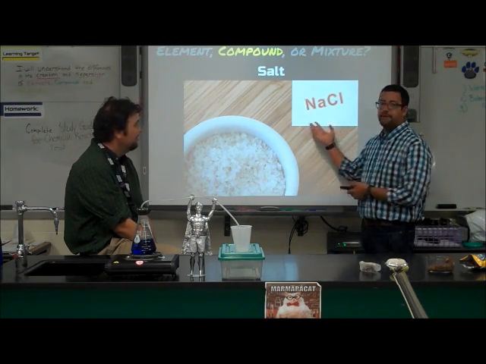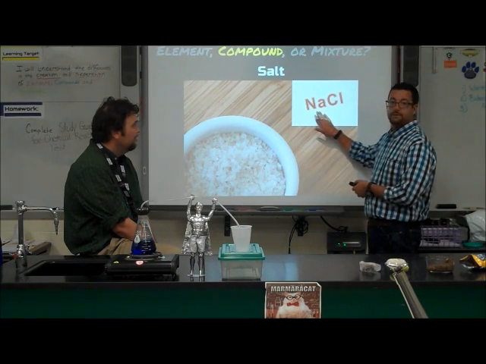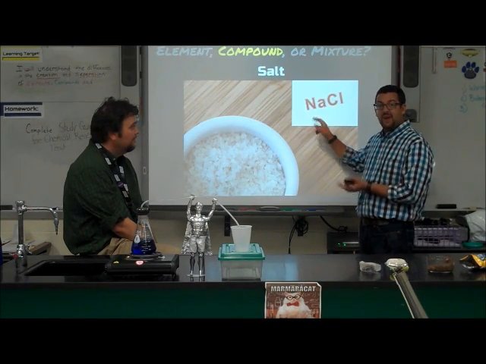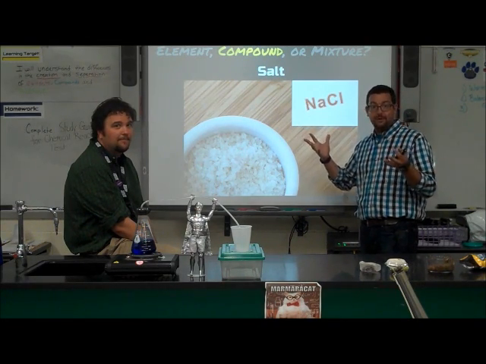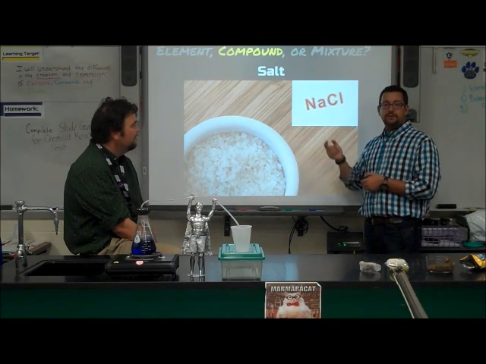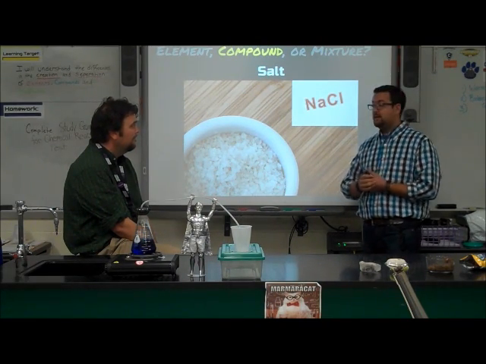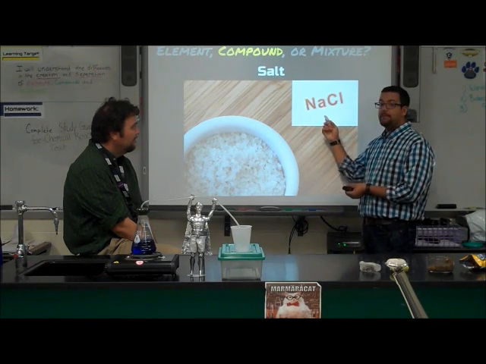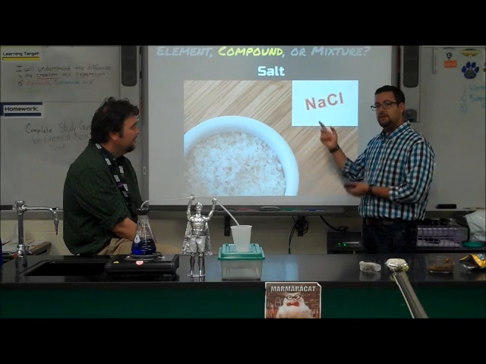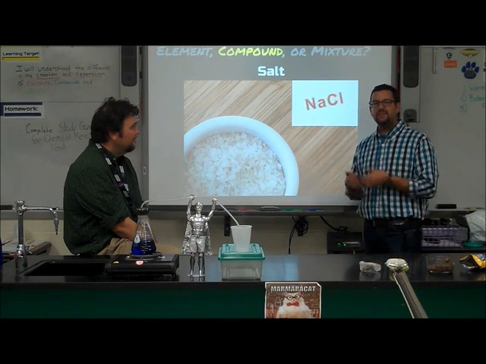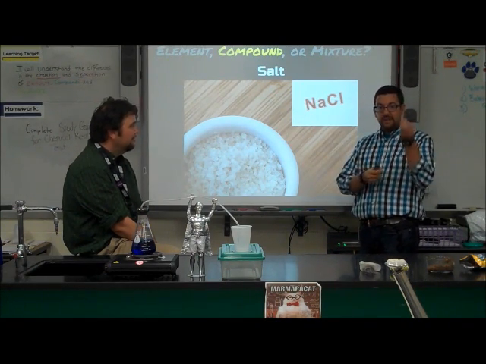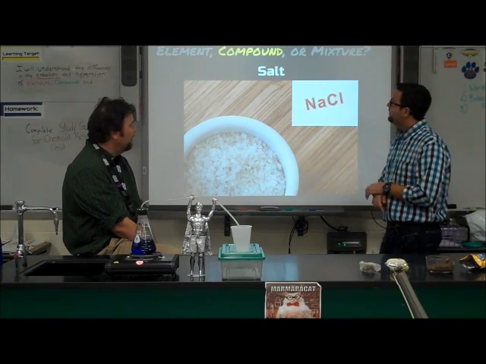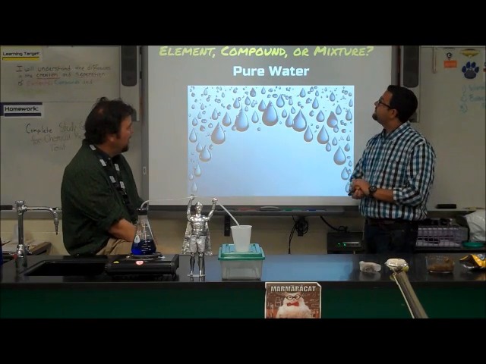So salt is a really great example of that because it contains two elements. Sodium, which is an alkali metal that blows up when it comes in contact with water. Boom! And chlorine, which is a highly poisonous gas. Individually, those are obviously very harmful. But when we combine them chemically in a compound, they lose their original properties. Very different from a mixture where each of the original elements still maintain their properties. Good point.